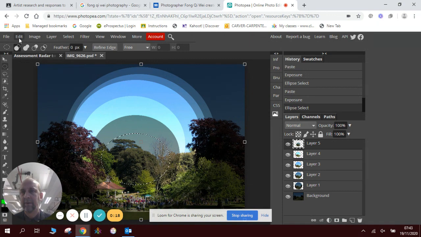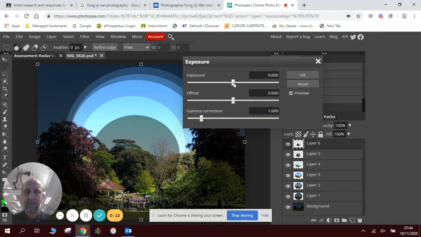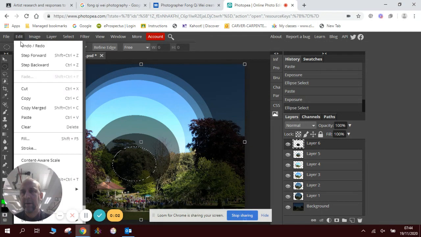And we'll go Edit, Copy, Edit, Paste, Image, Adjustments, Exposure, darker still. Okay, and then one more in the middle. And we'll go Edit,